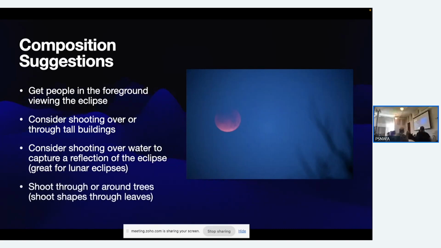Or shoot through and around trees. I've got the trees here for a little bit of context. That was actually a lunar eclipse right there. Shoot around trees or through trees. This is a fun thing to do with solar eclipses. As the eclipse is happening, the light is going to filter through the trees, and you're going to see all these little crescent shapes. The trees will act like a pinhole camera and show you the shape of the eclipse. So when you're out there shooting the eclipse, take your iPhone, look down on the ground and get some of the shadows. It's going to look really